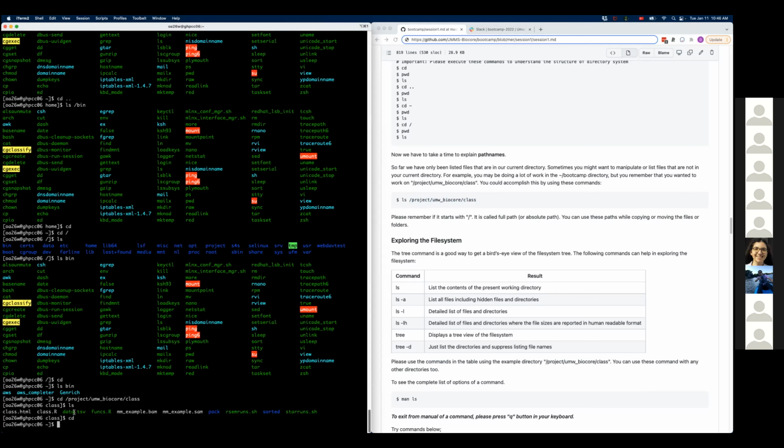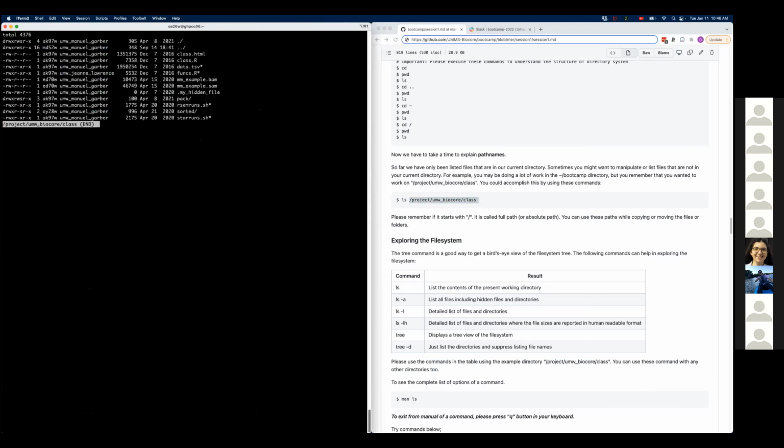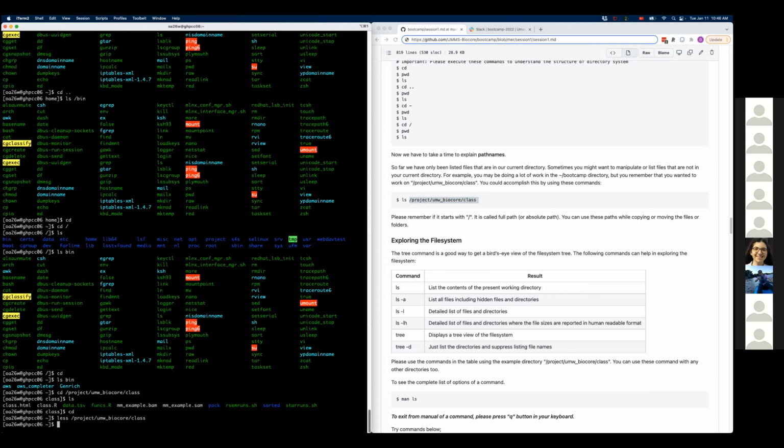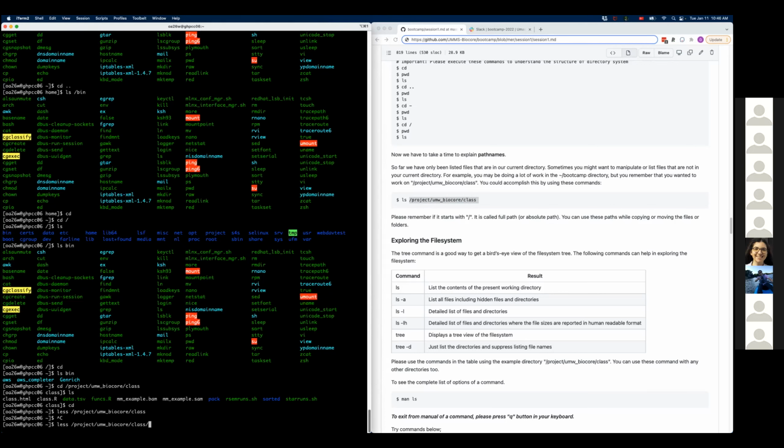If I want to reach this file from my home, I will use the whole path, the full path, or the absolute path, right? So if I want to, for example, look at that file, the full path to the file is this.